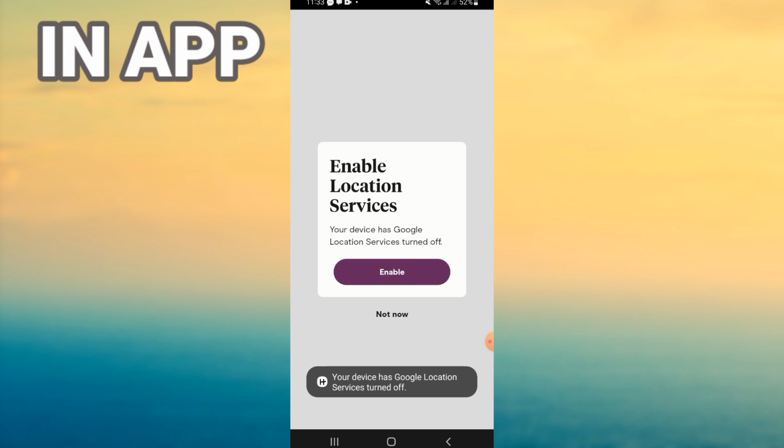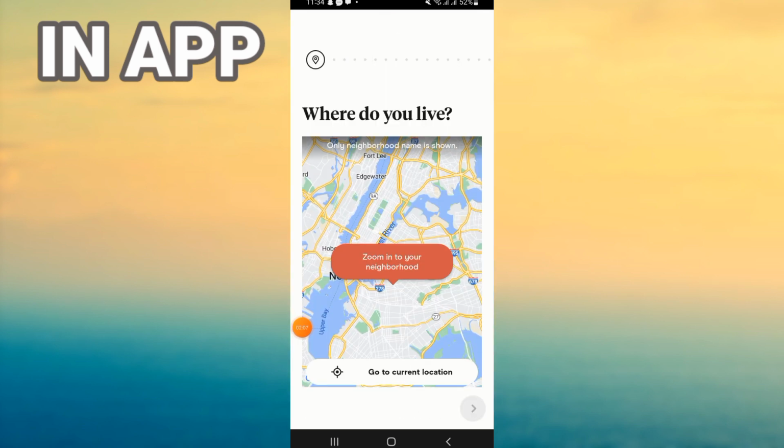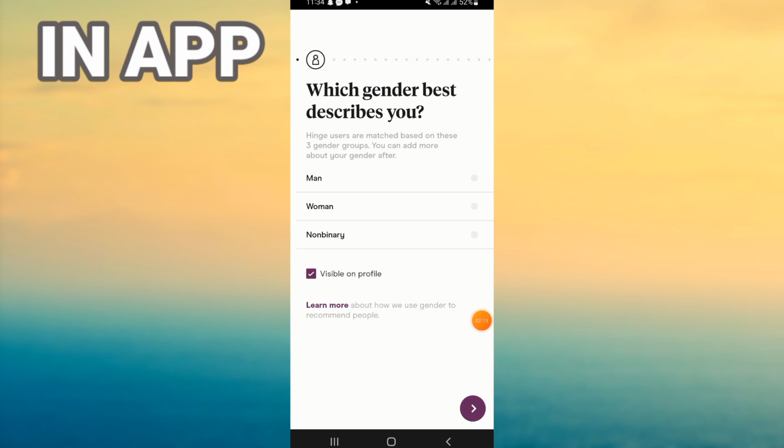And you have to go to your location. You have to activate it. Or for example, it's optional. I will just click not now, and I will click here. As you see, when I choose my location, right now I will choose my gender. For example, I'm a man, and click here,